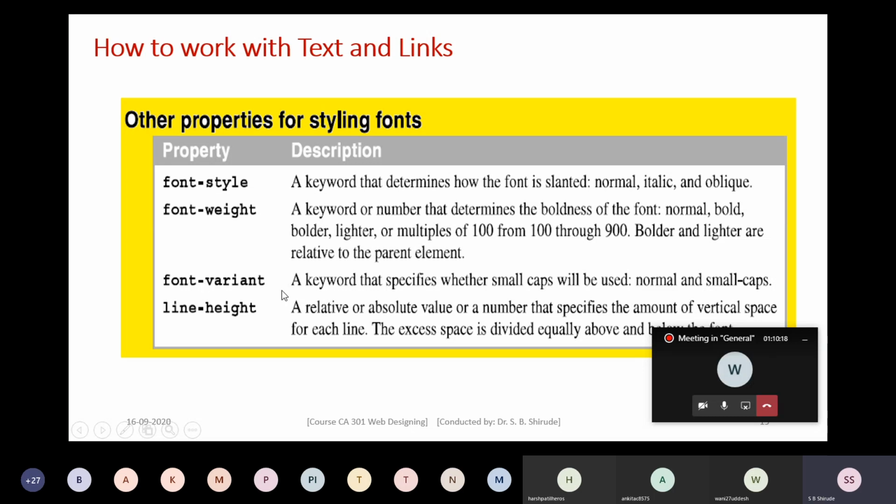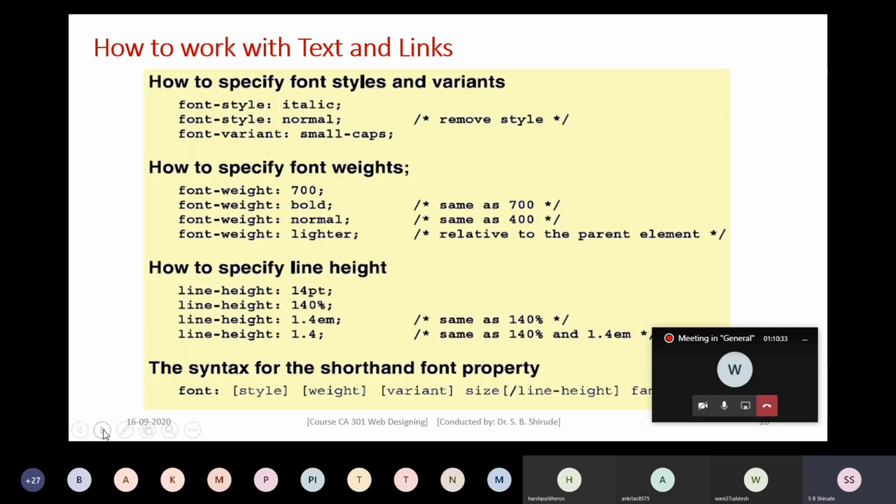Similarly, for font-variant, it will be normal and small caps. And line-height will again be a number, which can be relative or absolute, and that specifies the amount of vertical space. All these topics are very important to understand. I hope everyone understands and will do it practically.